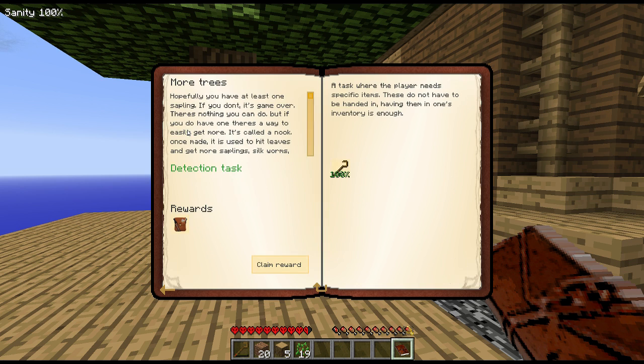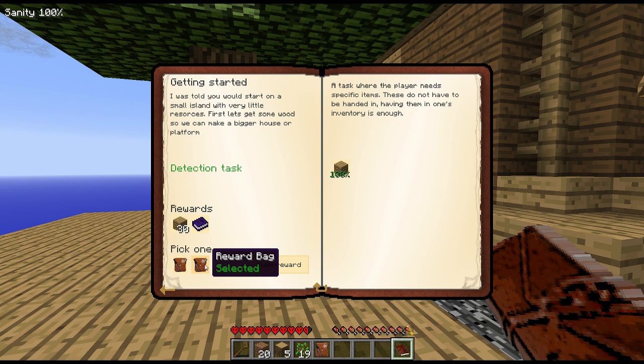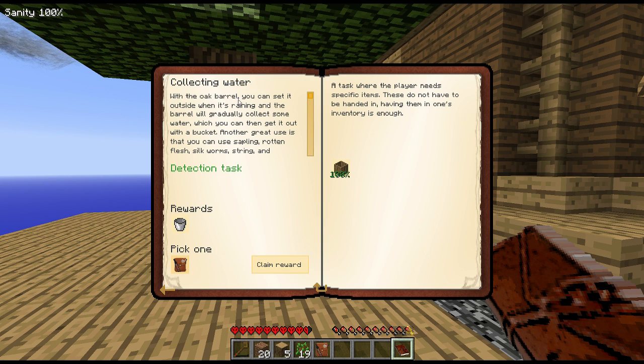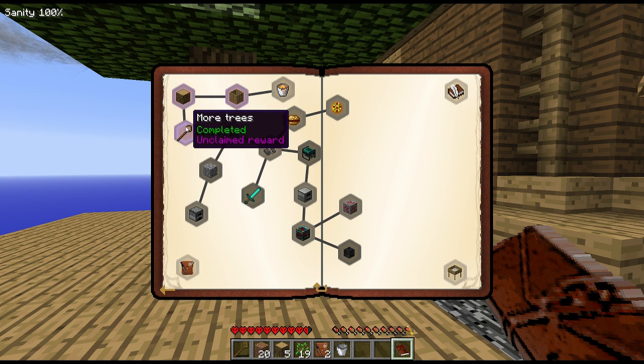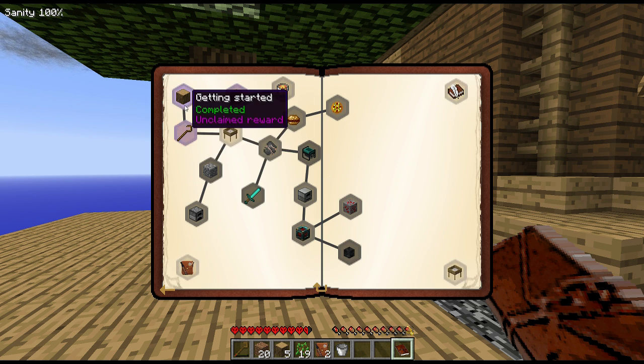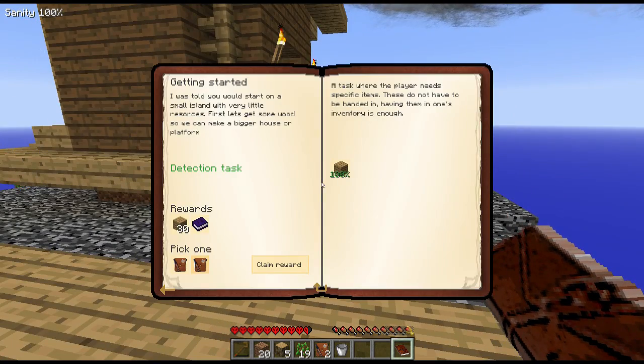Now we can continue here. We got this quest done. What? We never claimed rewards for this? What happened? Yeah, we did. Because we got the... Okay, I'm confused right now. Pick one, claim reward. We got a bucket. Why are they still showing unclaimed rewards? I know I claimed reward. Maybe that's just a bug with